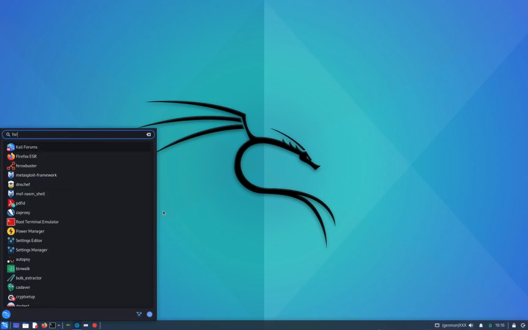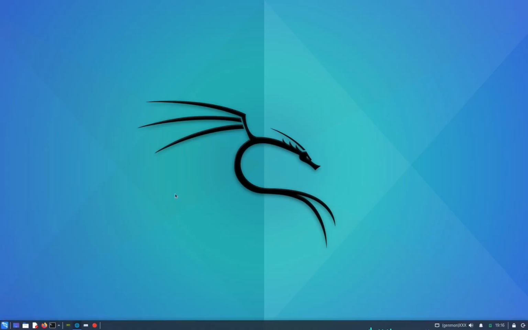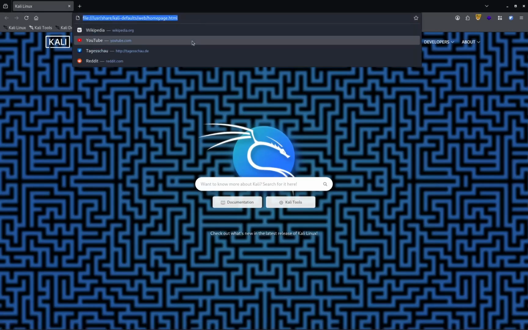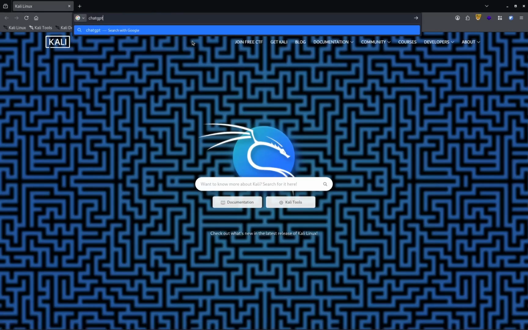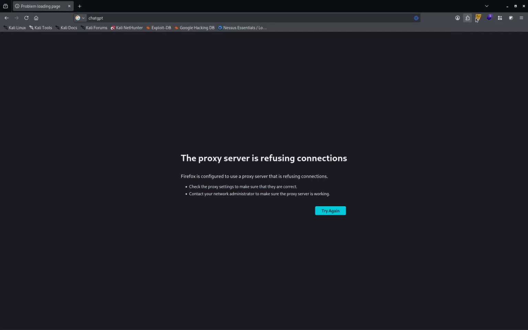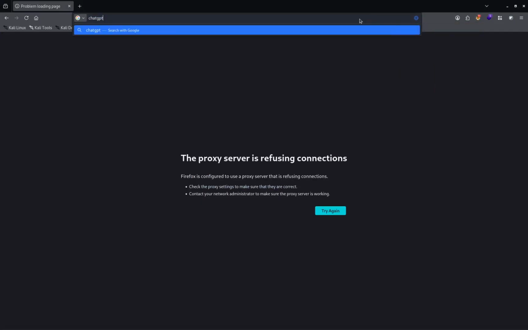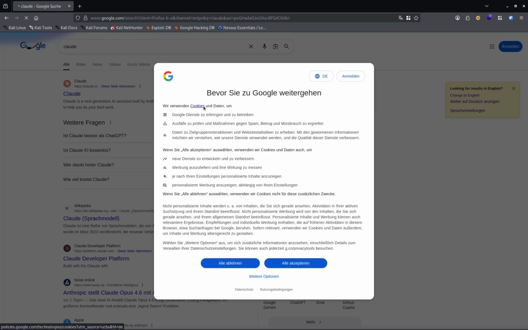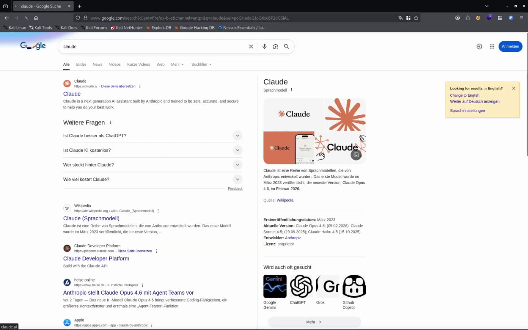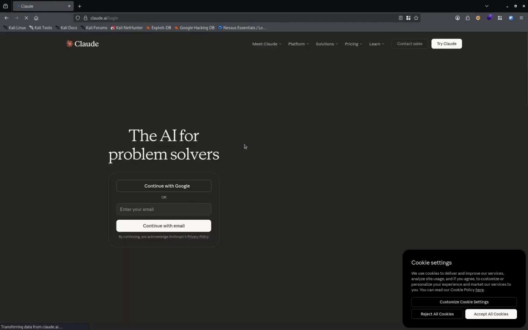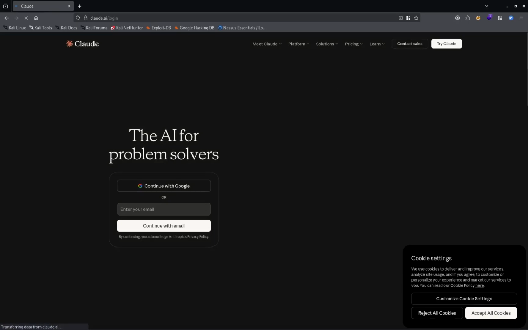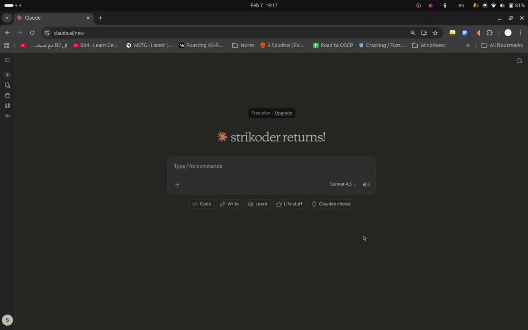Actually, I forgot how to do that. So either you can ask ChatGPT and let it give the command. Actually, let's go with Claude. I prefer Claude more with pentesting. We need to sign in. Let me pause a little bit. Here is Claude. So give me the command on Linux that would